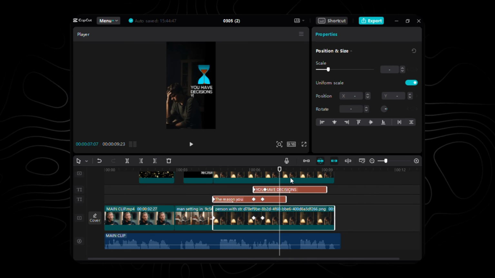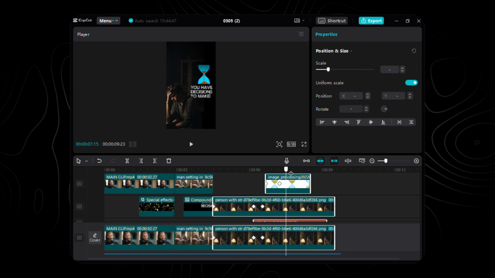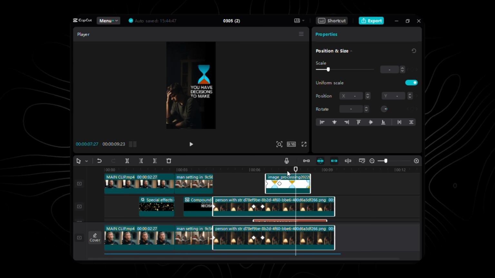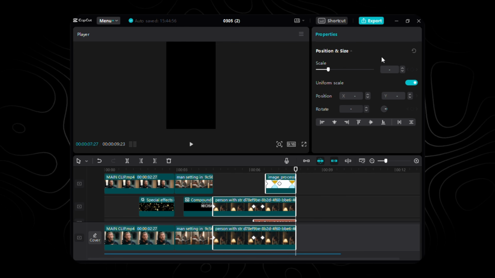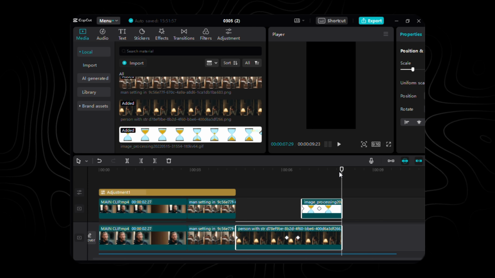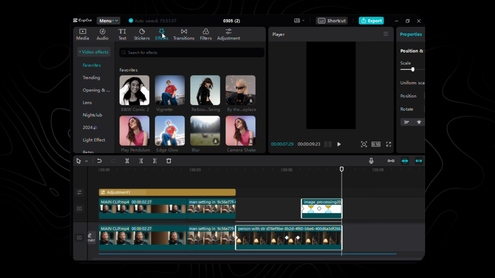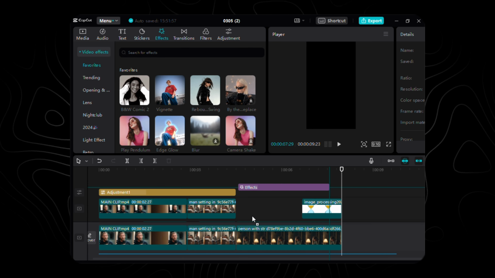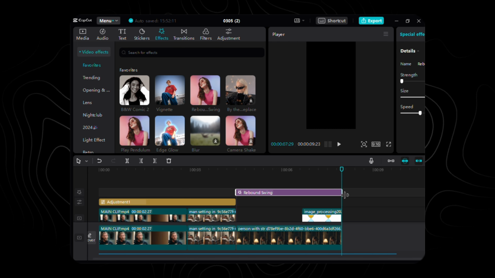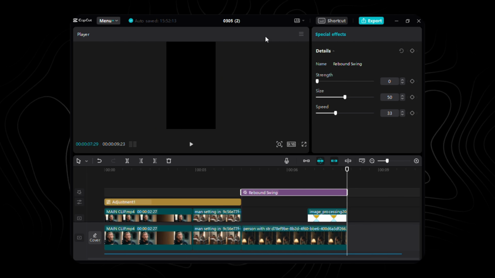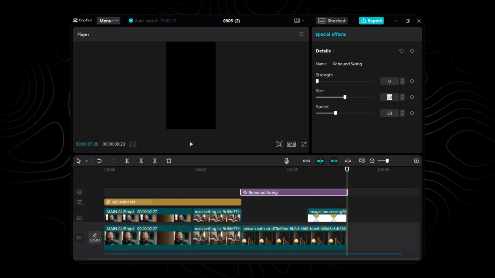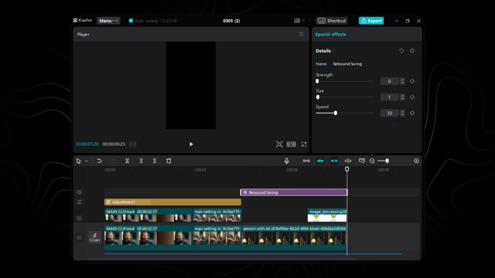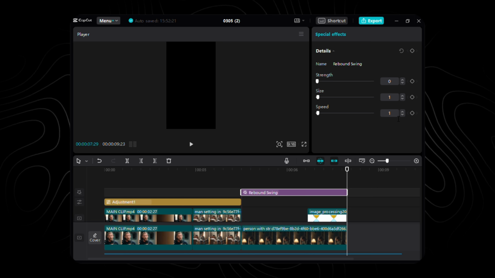It's time to conclude our third scene exactly at 7.29 seconds. Select all these layers and make a cut. And to add an extra touch of flair, let's incorporate the rebound effect for the entire scene. Navigate to the Effects tab, select Rebound Effect, and drag it into the timeline. Set the strength to 0 and adjust both size and speed to 1 and match its length with the third